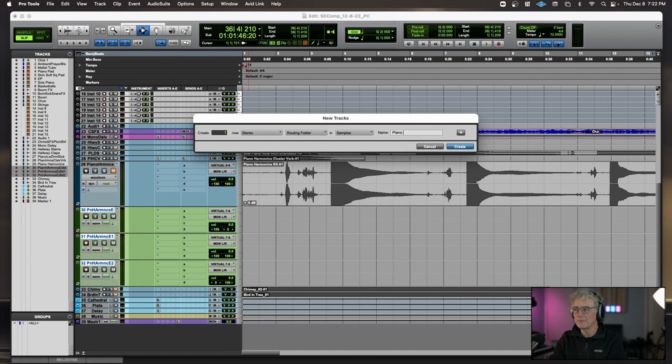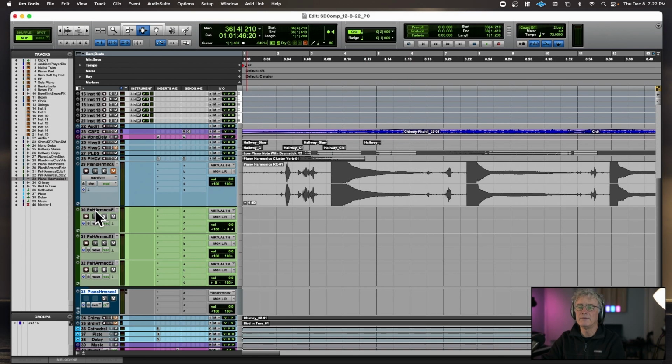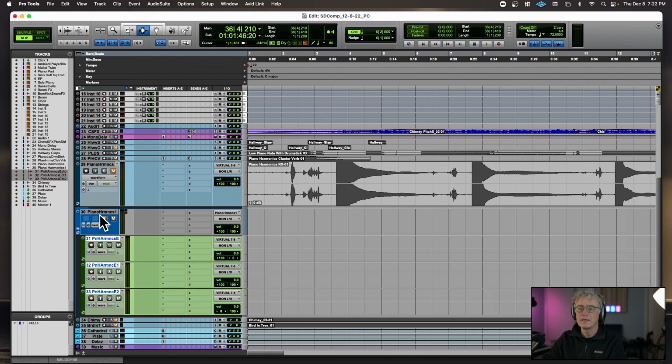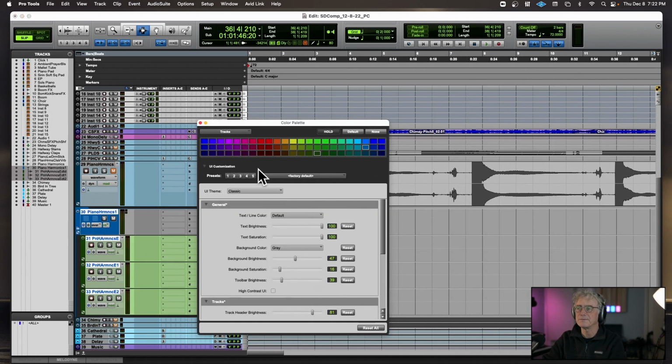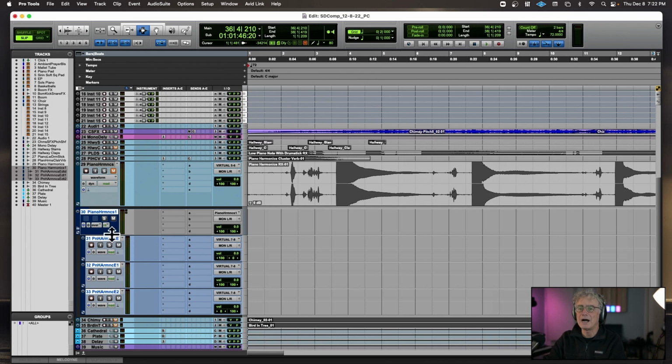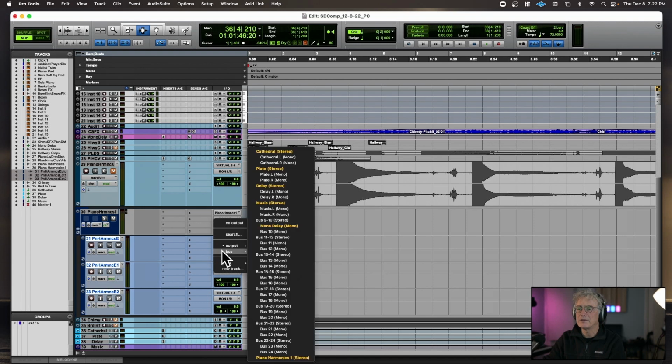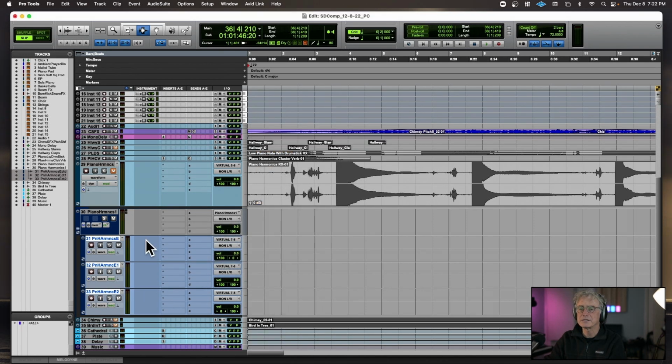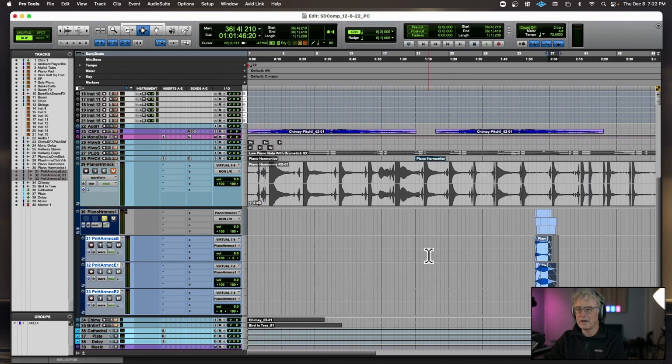Piano Harmonics. And then I will just drag all these into there. And we'll make sure everything's colored the same. And then the output of these 3 has to go through the piano harmonics. And then now I can